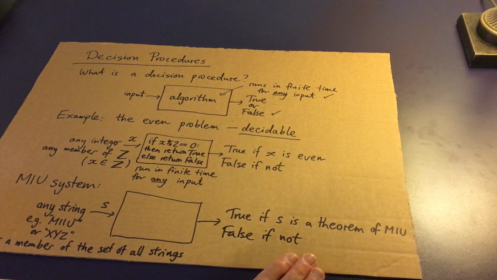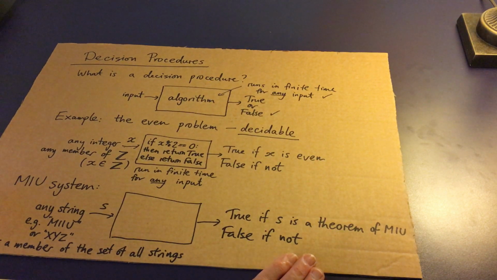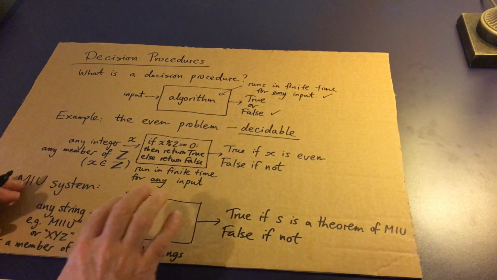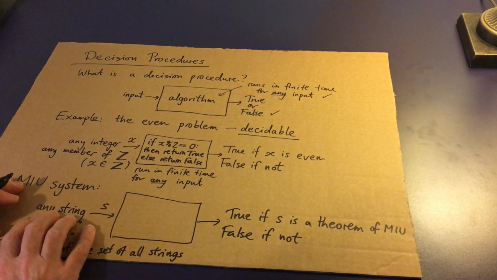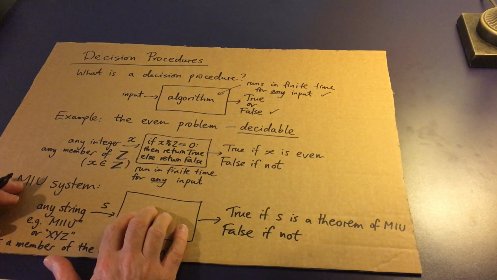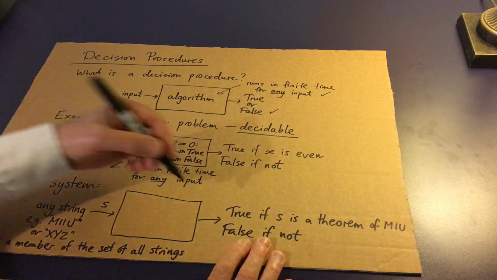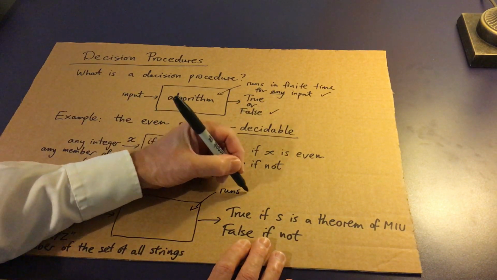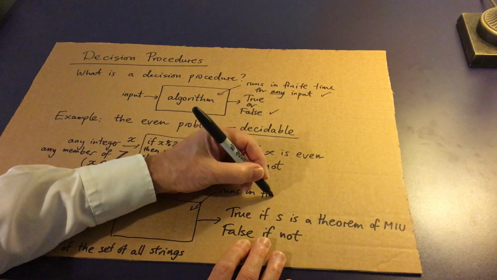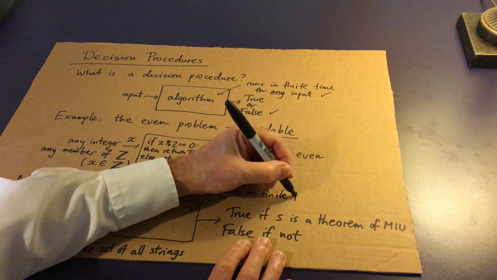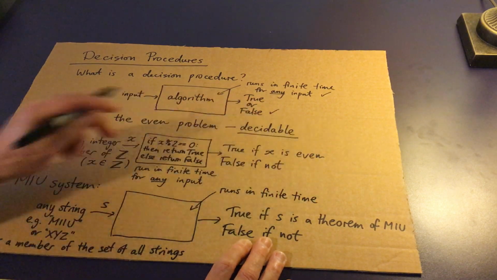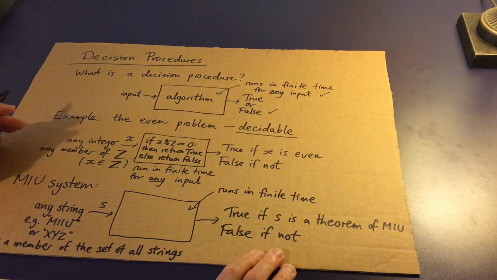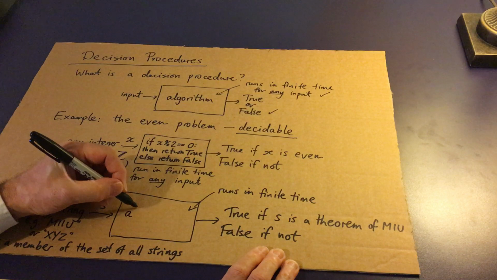So we know what we want now. Basically, we want something where we can feed into our algorithm a string. The algorithm will work for a finite amount of time. I'll emphasize this again: it runs in finite time. It's got to return us an answer for any possible input eventually. If there is an algorithm,